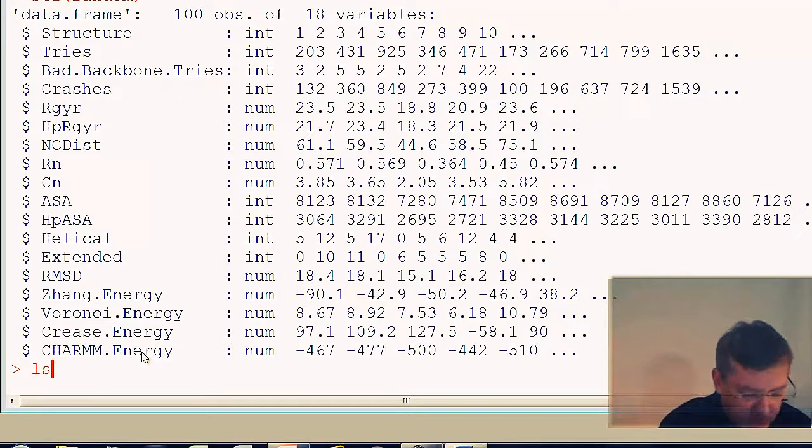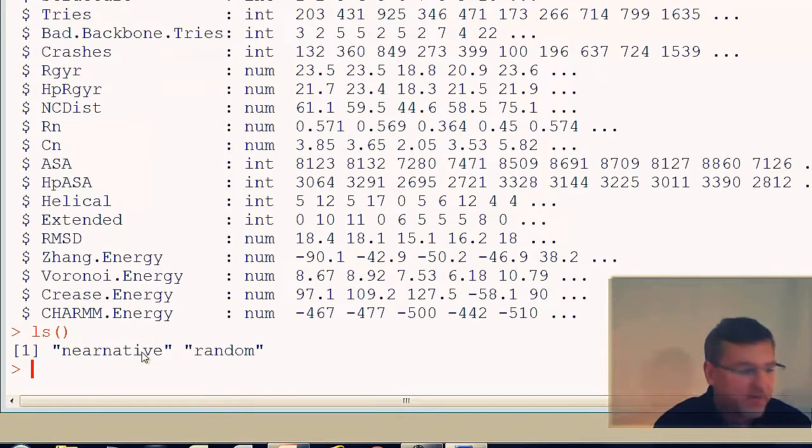Remember that I have two objects now in memory, which are complex data frames that I've loaded in, which originally started off as Excel spreadsheets, saved as CSV files, and then read in as data frames. Where I want to go next is to tell you that you can save those objects as they exist in the R workspace using a command called save. If I save those objects, I have to specify a file, so I have to give it a file name, using file equals